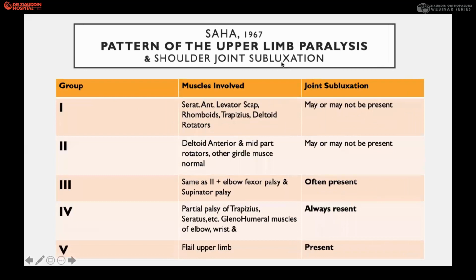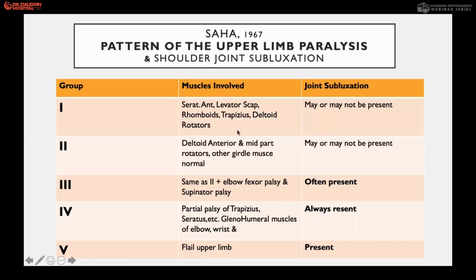Saha also explained the pattern of paralysis in the upper limb. He classified these into 5 groups depending on the severity of the paralysis and the number of joints involved. The muscles mostly paralyzed in type 1 are the serratus anterior, levator scapulae, rhomboids, trapezius and deltoid. When these muscles are involved, there may not be dislocation or subluxation of the